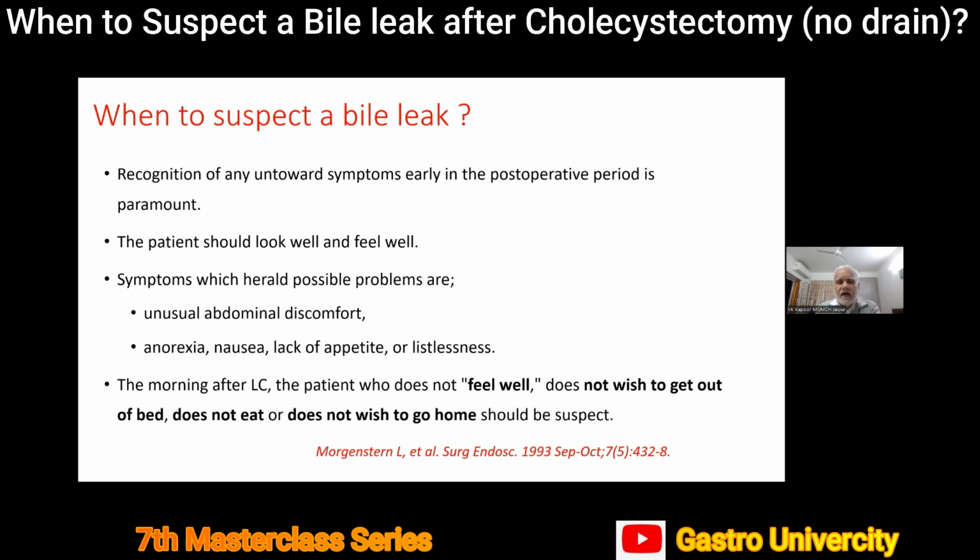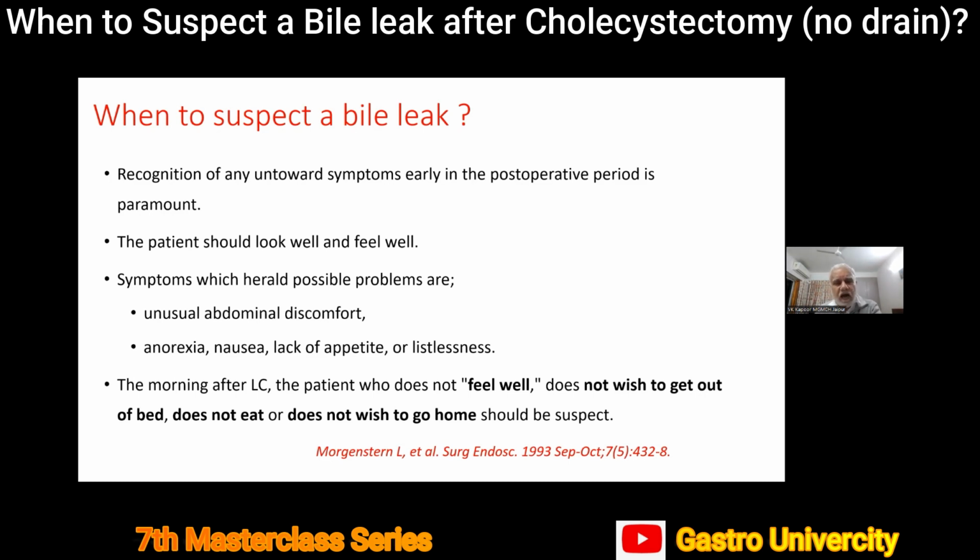Any untoward, unexpected symptom in the post-operative period is an indicator, or at least a suspicion, of bile leak unless proved otherwise. Which means that if the recovery is not as expected, as I described earlier, one should think that there is something wrong. And something wrong after lap chole is bile leak unless proved otherwise. There could be other complications also. There could be a bleed, there could be a duodenal injury, there could be a colonic injury, but we must first think of bile leak. And if we investigate for bile leak, the other injuries also we will find.